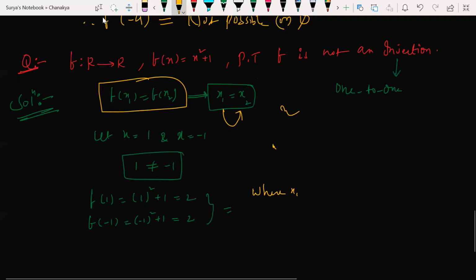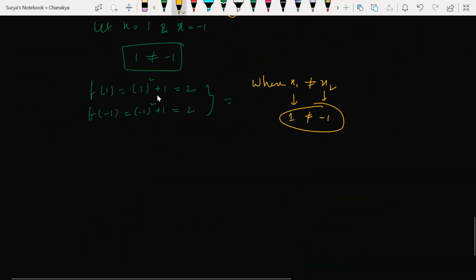So look at this, guys. Where x1 is not equal to x2. x1 was 1, x2 is minus 1. Both are not equal, right? So if they are not equal, then how come it is an injection? So any value you take, not only 1, you take 2, 3, 4, anything you take. Therefore, the given function